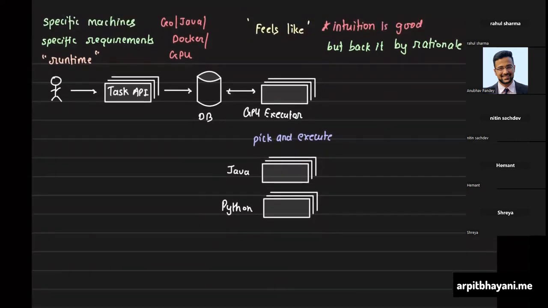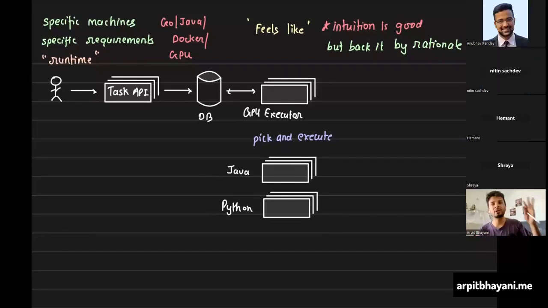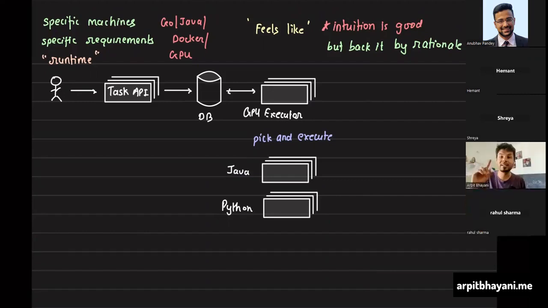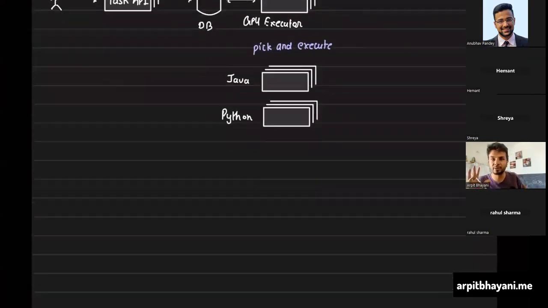Okay, let me give a hint so that we converge onto this. Before we do that, let's start writing the query, because that would make it very clear what the potential challenge could be. I'll just pick folks who just tried. Okay, Anubhav, I'll do you in one minute, you just keep your hand raised. Nitin, go on. Let's write a query for this so that everyone is on the same page. What would be the query that this machine would fire on this database to pick a task for execution?